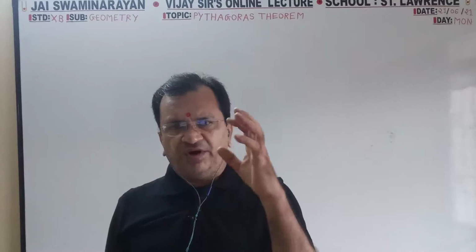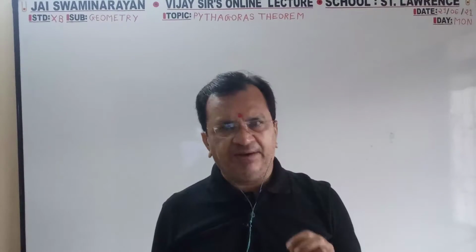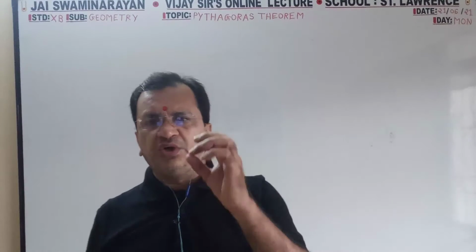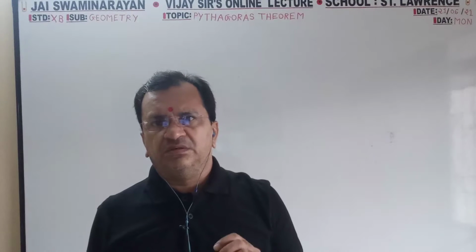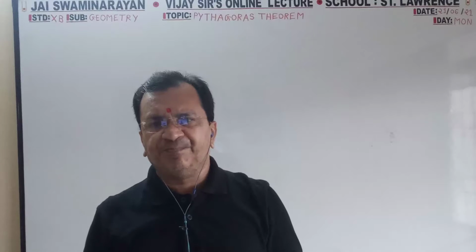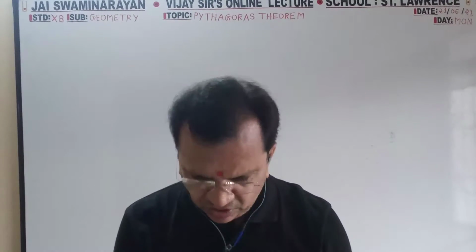One diagram I am giving you, with the help of that we will solve three theorems, and the name I have given to that diagram is golden triangle. Very beautifully you can arrange by using similarity. We can prove three theorems. So one by one, from one triangle only I'll prove.